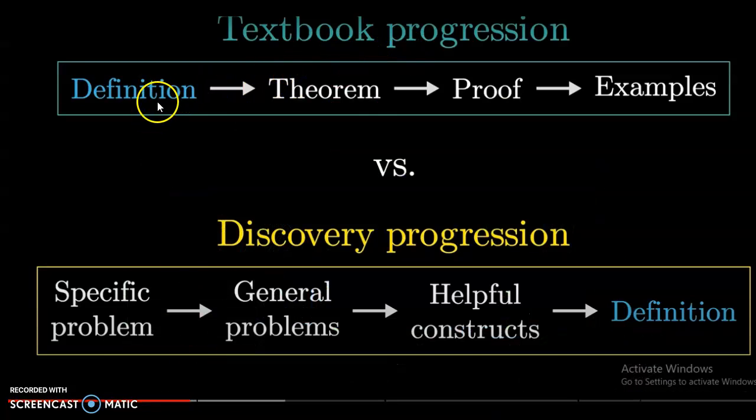In textbook progression: definition, theorem, proof, then examples. Versus discovery progression: specific problem, general problems, then helpful concepts, then definition. So, among the